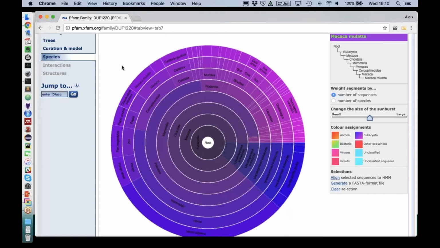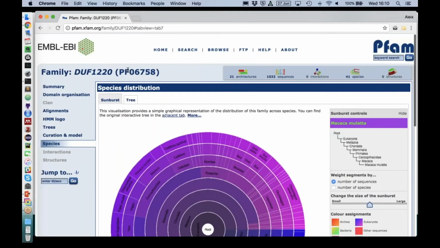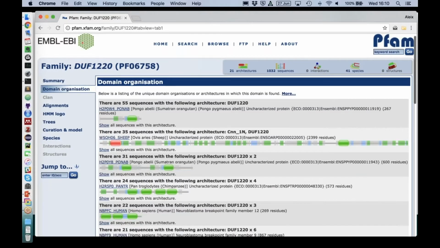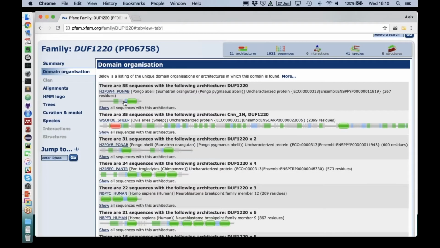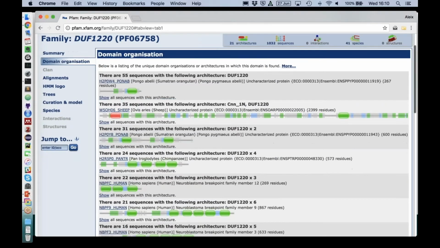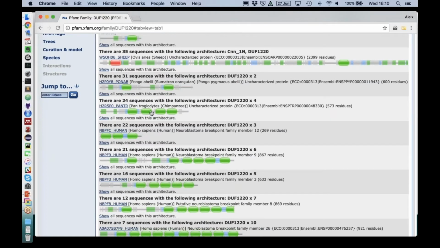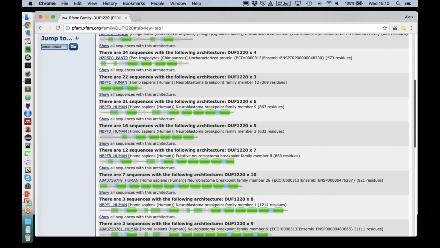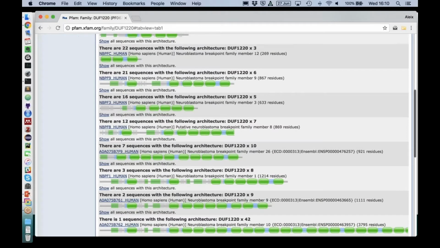Another thing we can look at from the PFAM information is the domain organization of the proteins that contain the domain. And what we will see is that although a few sequences only contain one domain, there are many sequences that contain repeats, tandem repeats of this domain. And for example, in order to